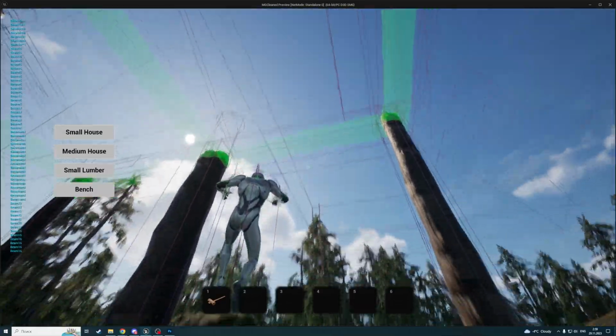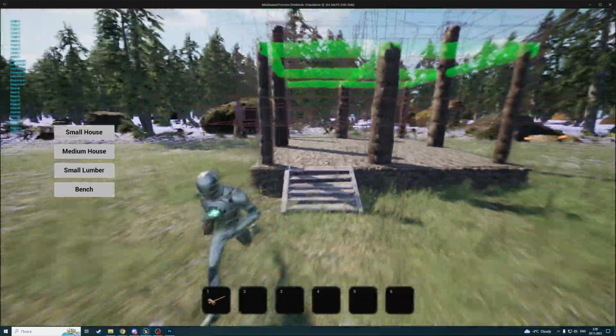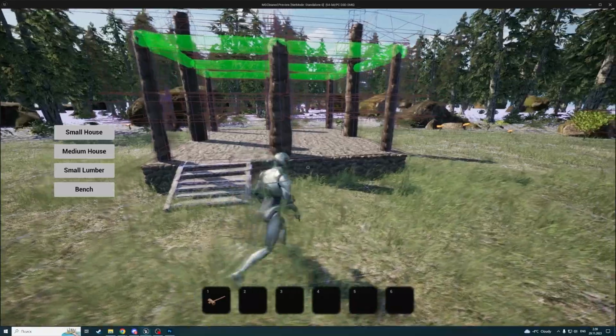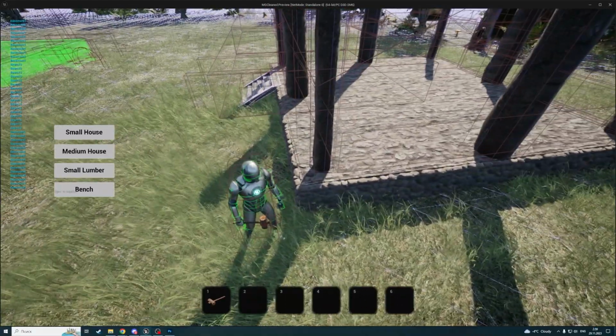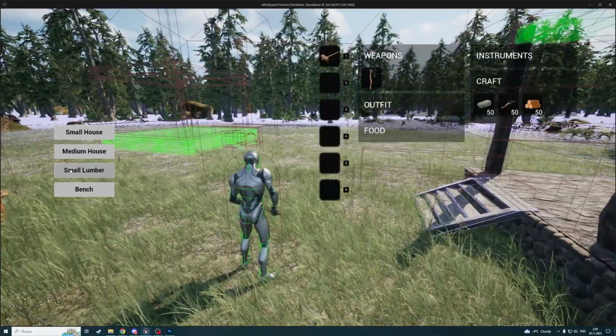Okay, length of building is not enough. The length of the line trace can be increased. So this works, but validation will not work